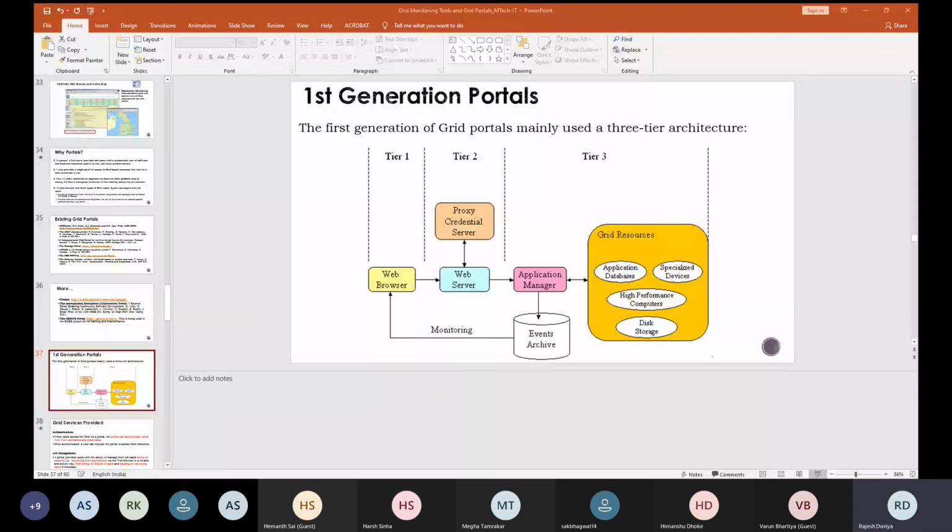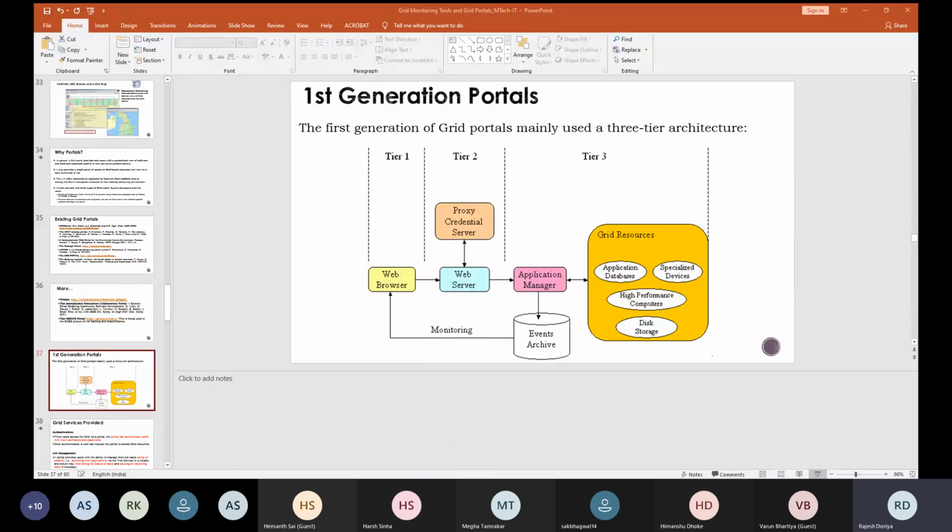Apart from that, there is information regarding the resources which are there in the grid, so the discovery of those things is also going to be provided. The information regarding the resources can be your operating system, your CPU type, what the load on the CPU is, how much memory is free at that time, and what the status of the network is. One might be interested in knowing all these statuses, and also what the job status is and what the queue information is. All those things can be retrieved with the help of these information services.